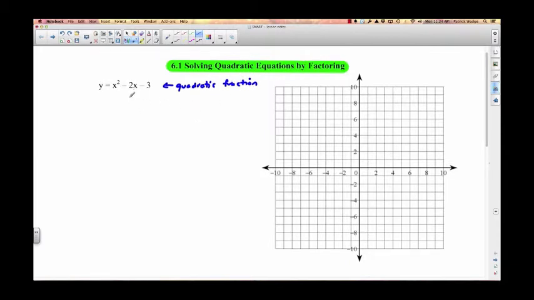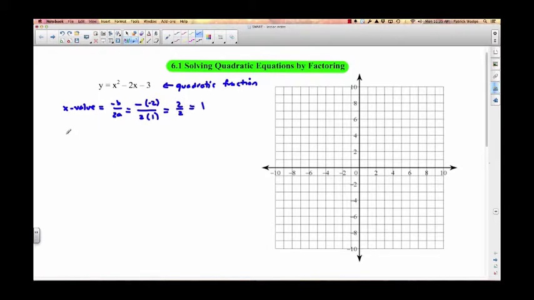So if we're going to graph this, this is in general form. So you wouldn't be able to tell the vertex right away. You could complete the square with this, or you could use our favorite, the negative b over 2a. Why don't we do that? So to get the x value, we need to do negative b over 2a. So that's negative, the b value is negative 2 over 2, the a value is 1. So we get negative negative 2, which is just 2, and 2 times 1 is 2, so we get 1